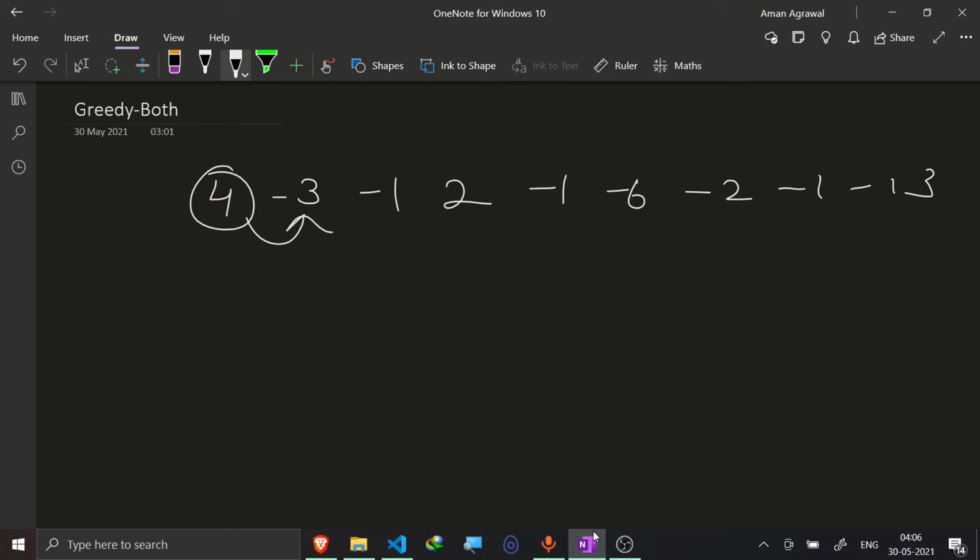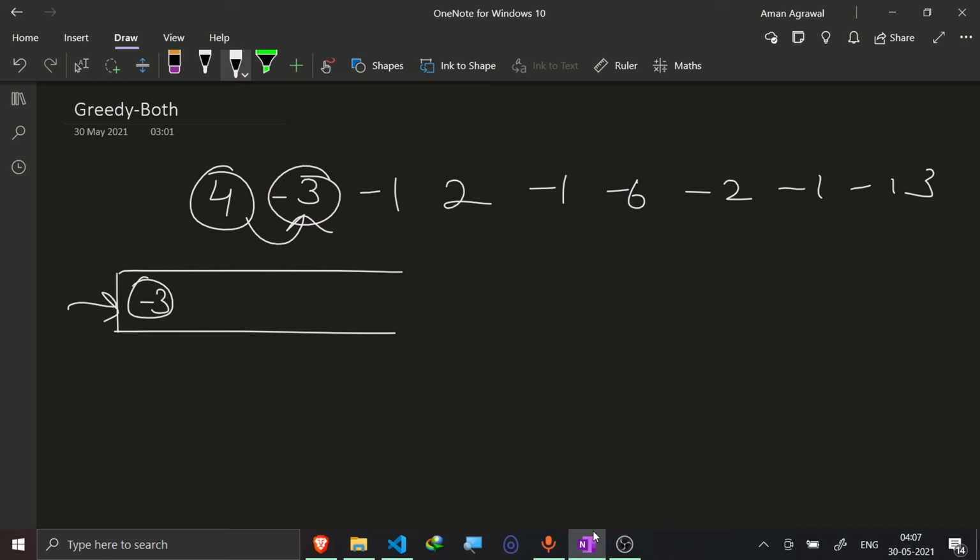So what I would do is store this -3 in some data structure which always has the minimum value at the first index. By now you would have got the intuition what data structure I would be using, but let me tell you the proof also. I would be able to consider this element and my total health would still be non-negative, then I would definitely consider this element and add it to